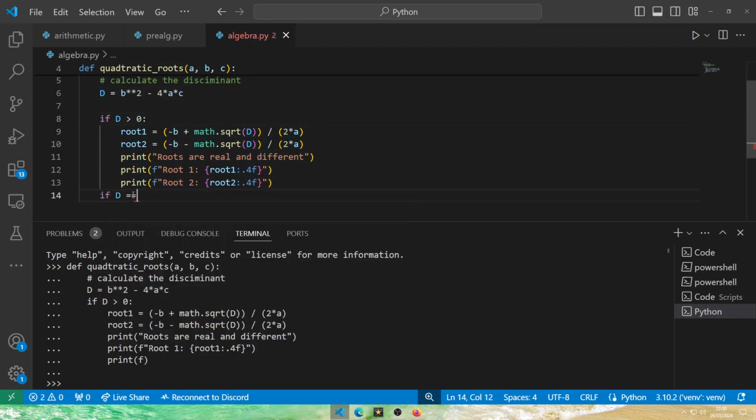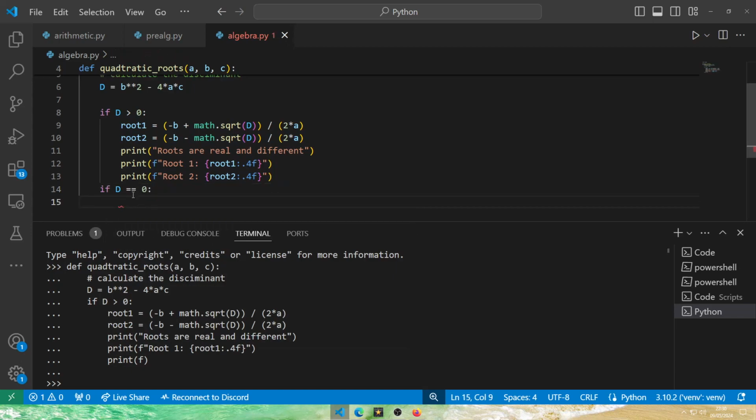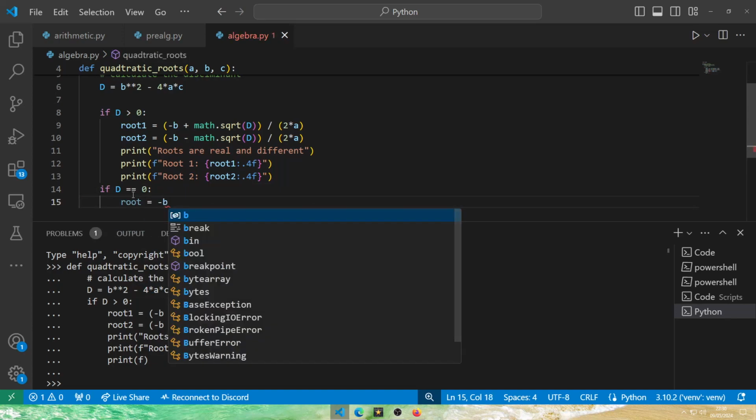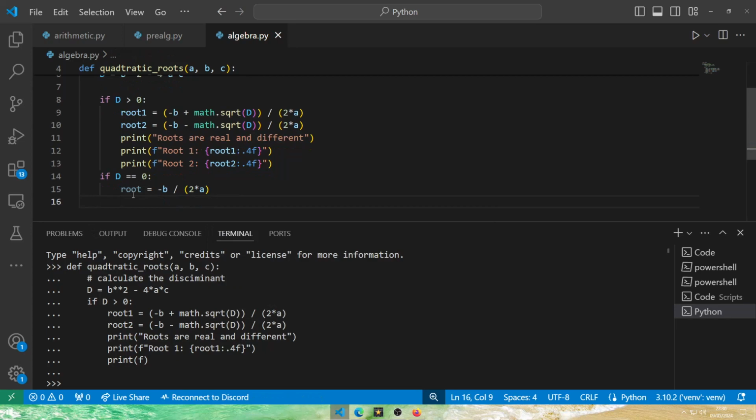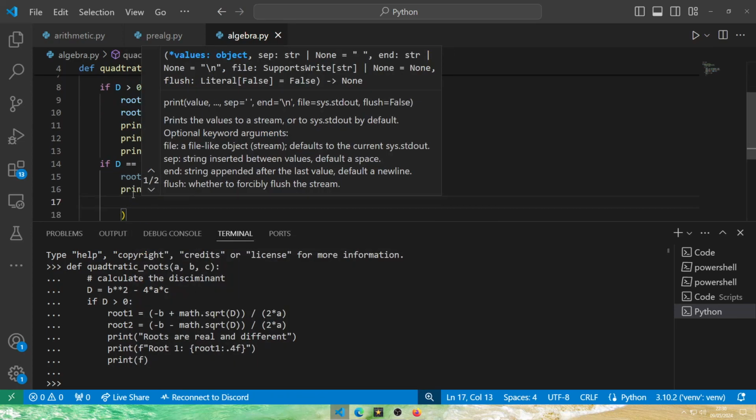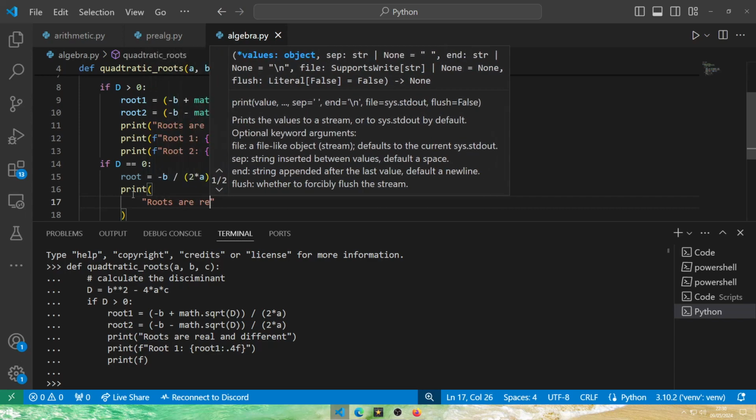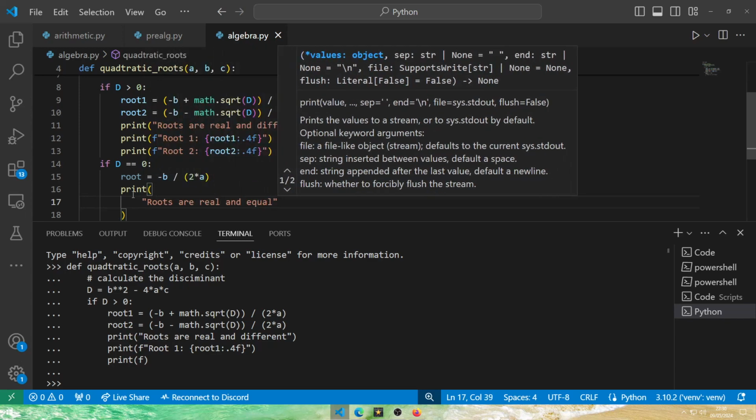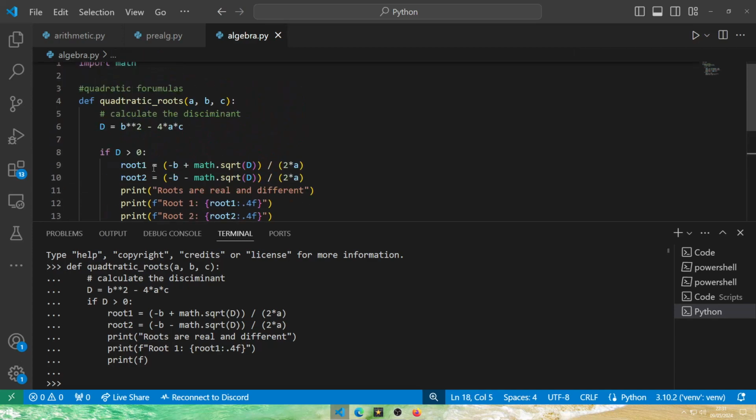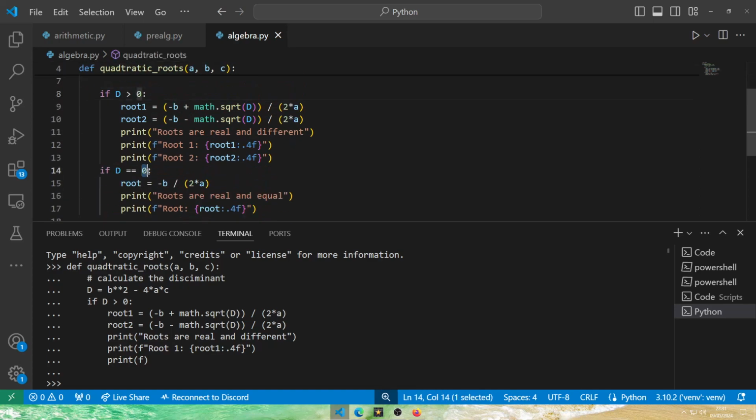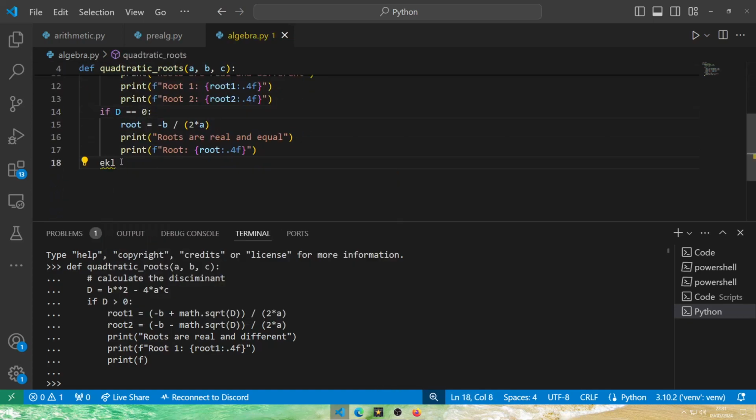But if D is just 0, then we're gonna do just one root. We'll do root equals minus B divided by 2 times A. And then we're gonna print out roots are real and equal. And if there's any other input for the D constant, so if it's not greater than 0 and it's also not equal to 0, then we're gonna do this else for the default output,